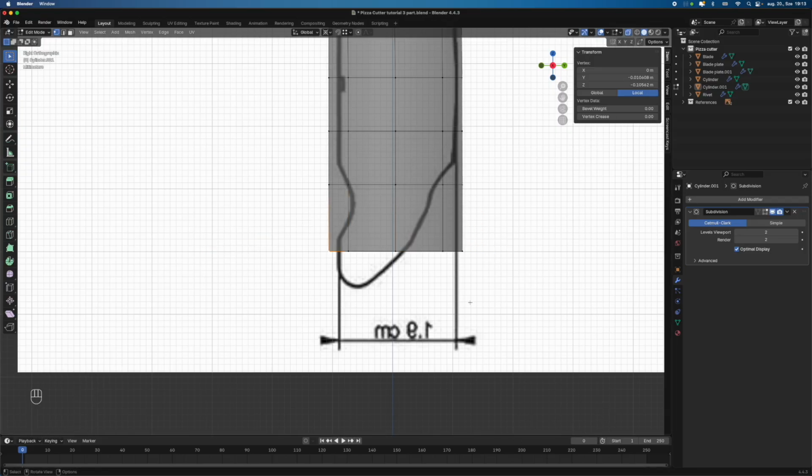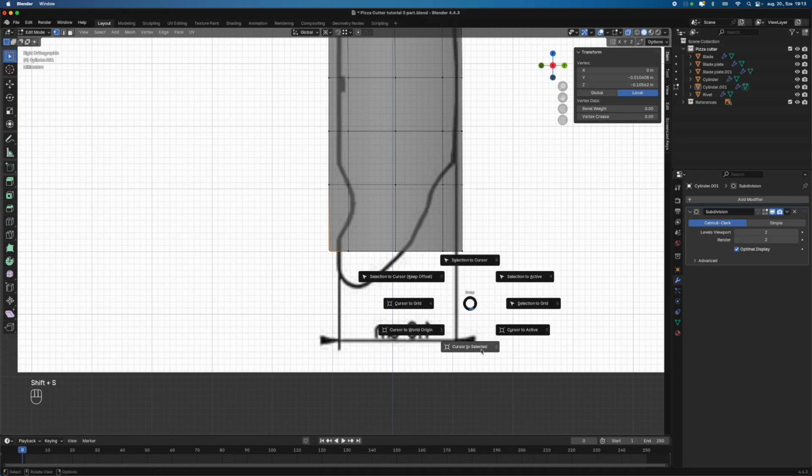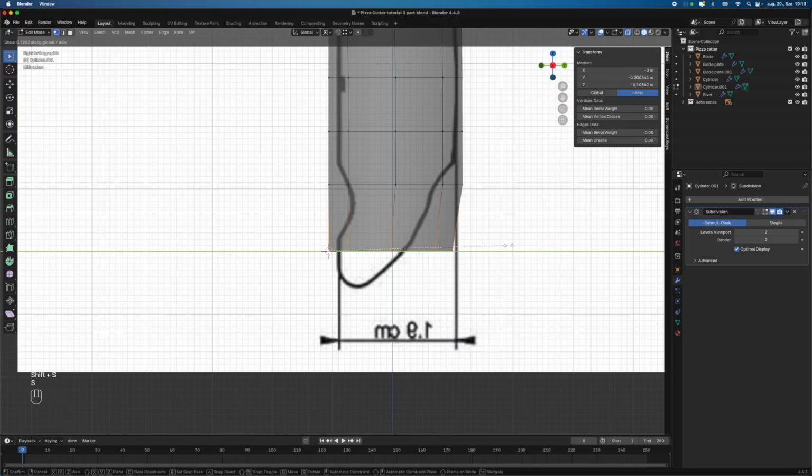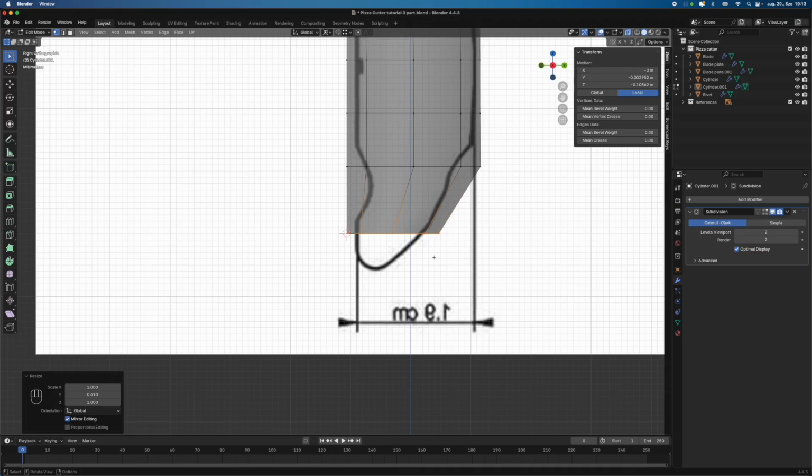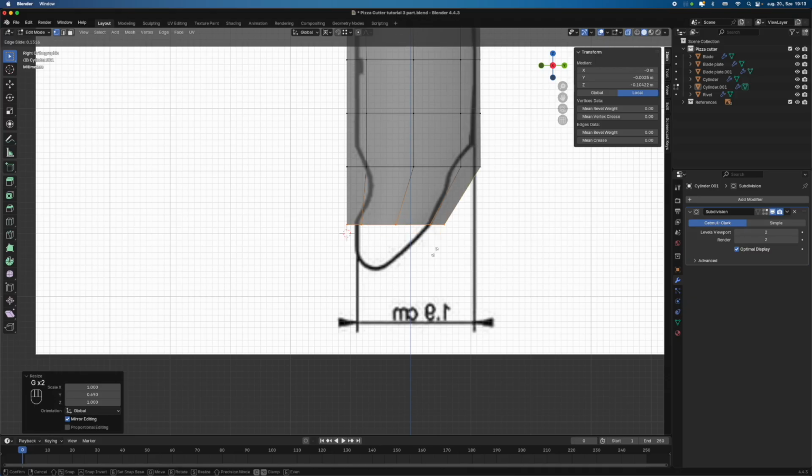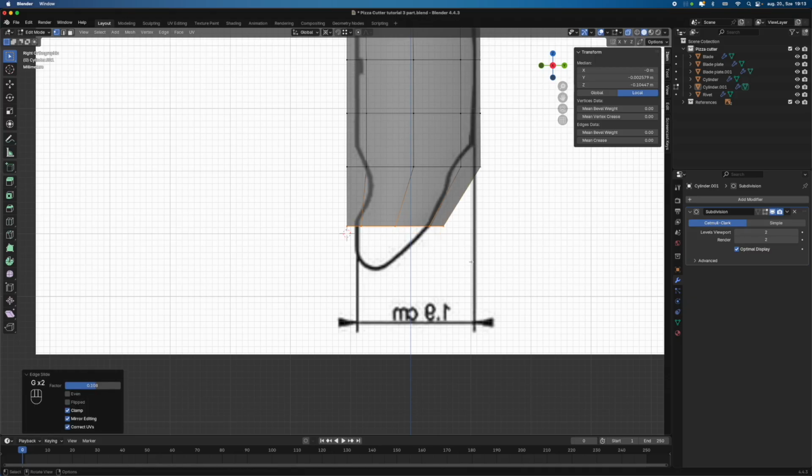I change the pivot here, scale it a bit down, also grab it a bit up,